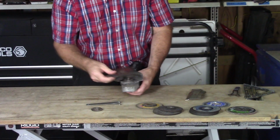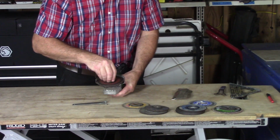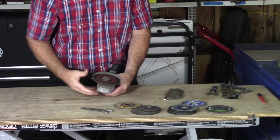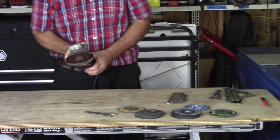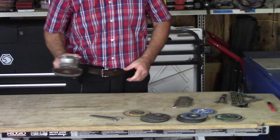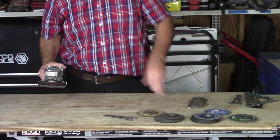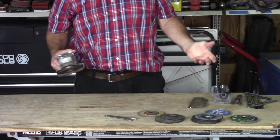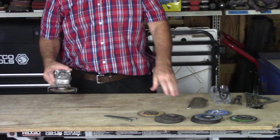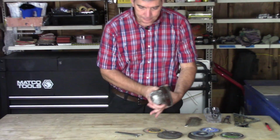And again, they install like all the other ones. They come in different grits. And a lot of guys will use this for like sharpening a lawnmower blade. Okay? Just make sure that you dip your blade every so often so you don't change the temper. A lot of guys will use this obviously in welding. They'll put a bevel on it to get a clean edge so that you'll get a good penetration with your weld. So the grinding wheel,